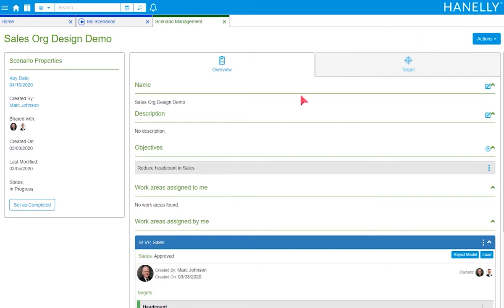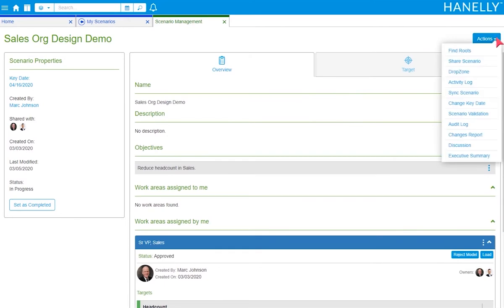So here, from my scenario management page, when I click on the Actions menu, I have the executive summary option at the very bottom of the list. I'll just open it up,